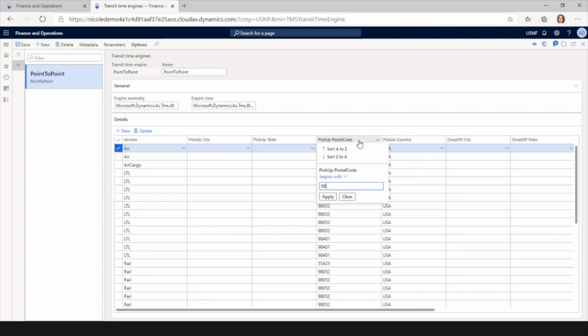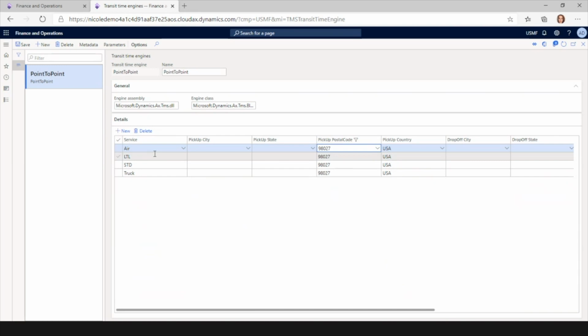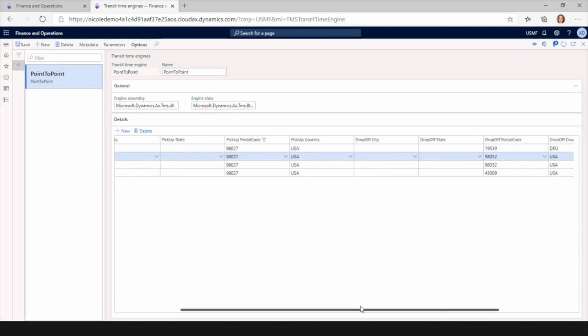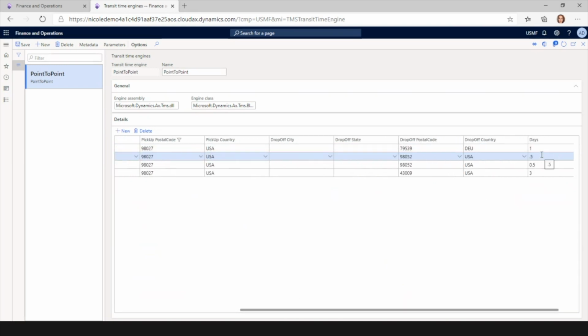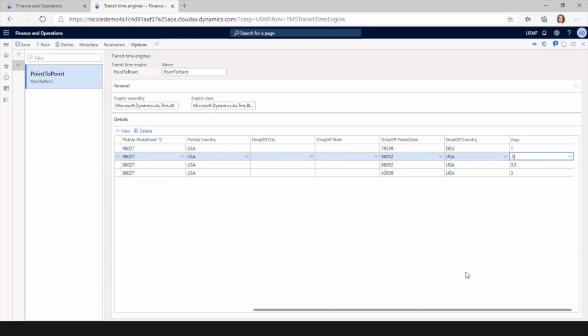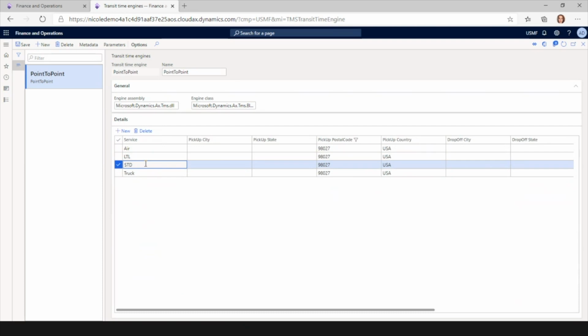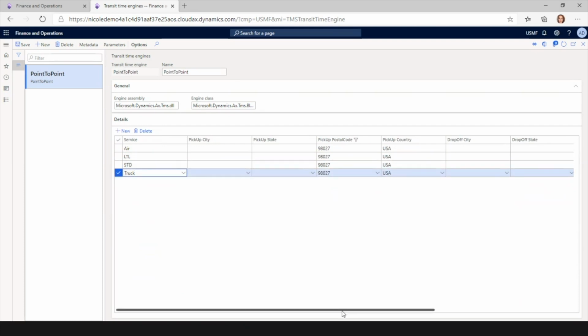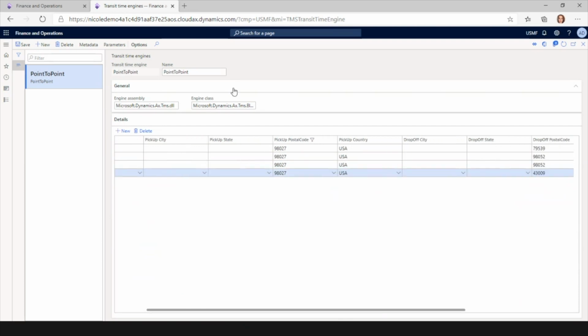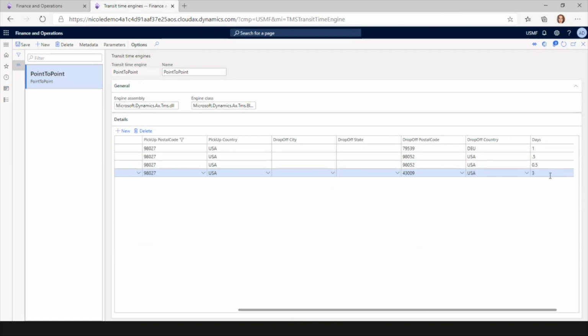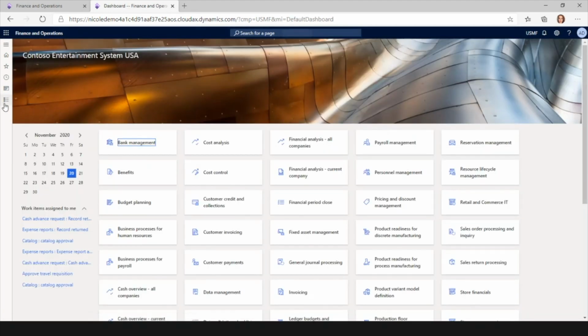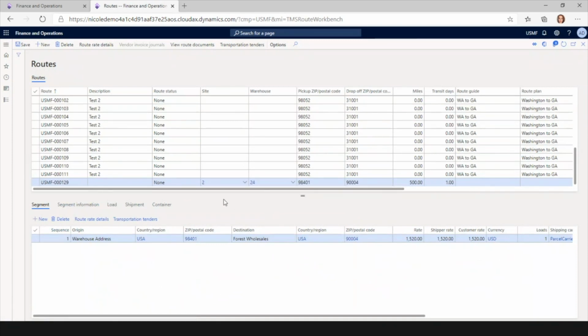Let me maybe filter this and see if we've got, okay, so we've got air, we've got an LTL truck. I'm hard pressed to believe that that's less than the air, but maybe that's because it's a shorter distance. And then we've got a standard and like a full truckload. So you can define within this transit time engine what those transit days are. And then they are calculated, and actually it was populated on the route record that I just created when we